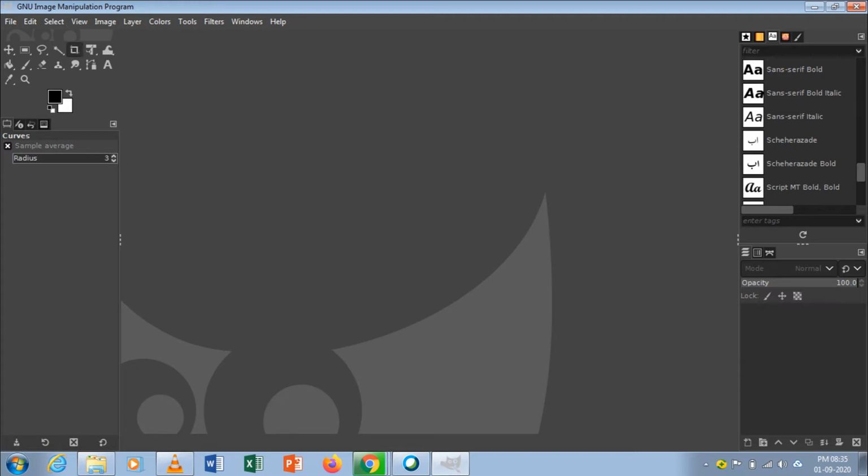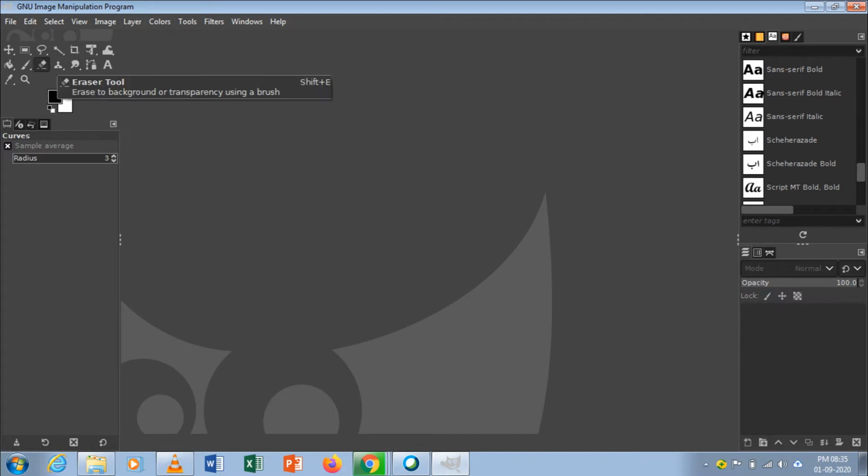Left hand side you have the toolbox. Okay, left hand side what you have? Toolbox. In toolbox you have a lot of tools available. What are the tools available?